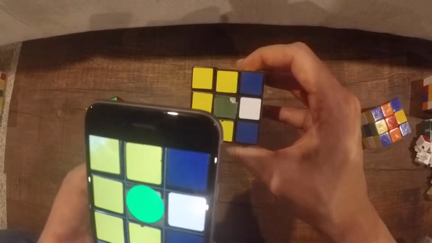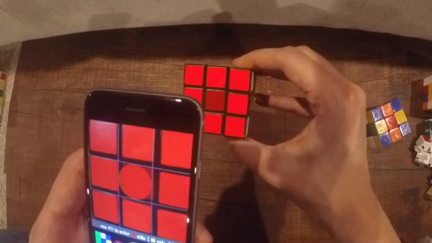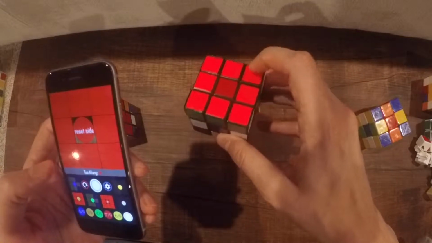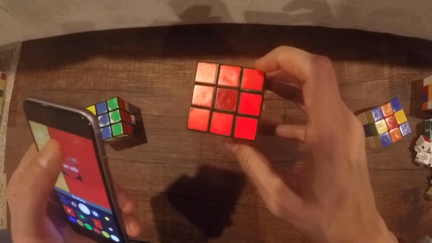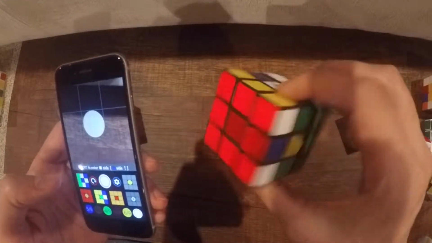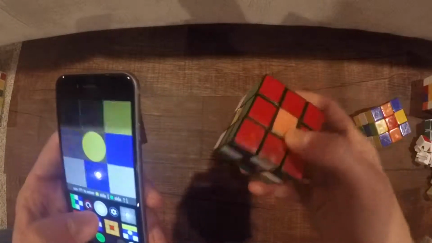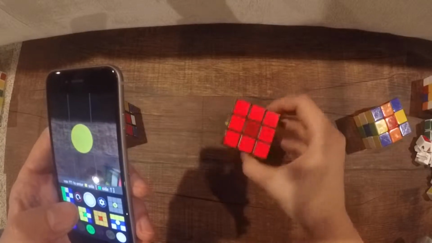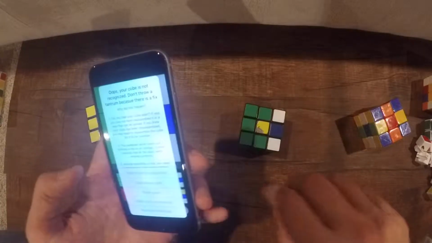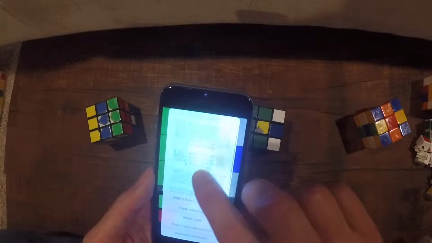But let's just go ahead and take a picture of the green side the best we can. And now the red. We need to correct this. This looks like it's all red, but it's actually orange, so I need to correct it. Okay. And now let's take a picture of the white side. I'm going to take a picture of the yellow side. Okay. So here it's telling you that it cannot solve the cube,